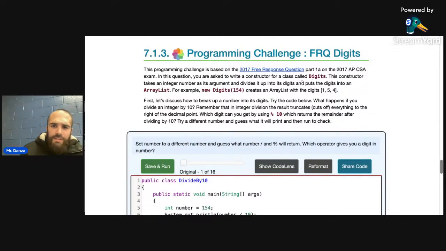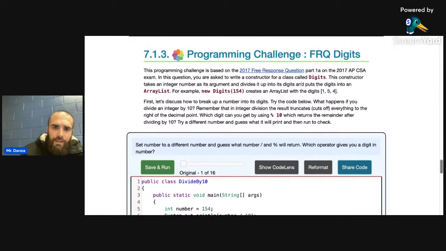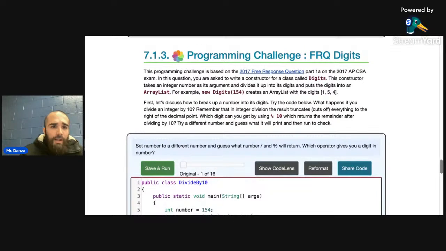We had a few minutes of class left, and my brain was a little fried because I had a long week. It was Friday, got to this point, and I just thought it was a good idea to stop there. So we'll pick back up where we left off, and we were at 7.1.3 Programming Challenge. And even as I was reading this last time, it was the first time I was seeing it, and I was just like, I don't know if I want to do this right now. So coming back to this,